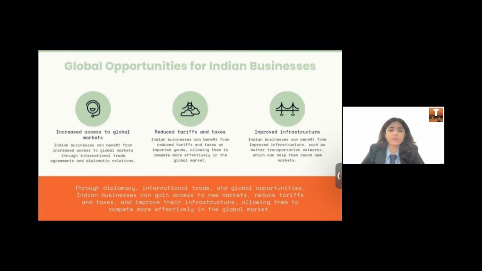So there can be many global opportunities for Indian businesses, like exporting goods and services, leveraging competitive advantages, like identifying the products or services in which India has a competitive advantage, such as textiles, IT services, pharmaceuticals, automotive components, and engineering services. Export of these goods or services to international markets where there is demand and a favorable